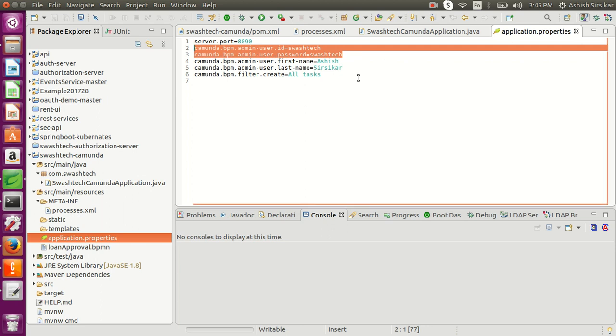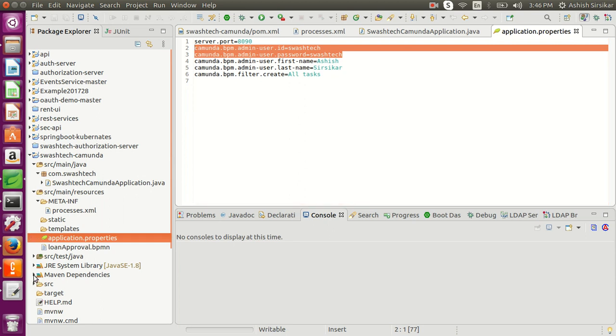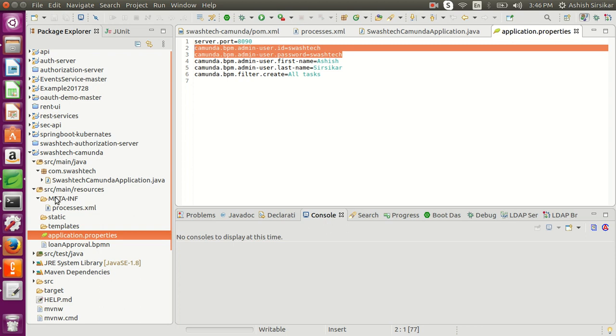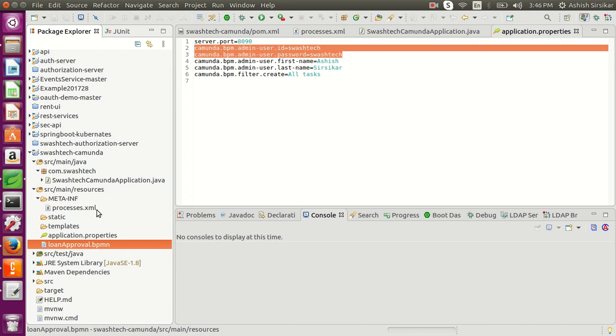This is my first name and last name, and I am creating one filter as well where I can see the task. The task means the BPMN file that we are going to execute by using some flow. I am putting my BPMN file in this resource folder. I can show you this, so this is the BPMN file.